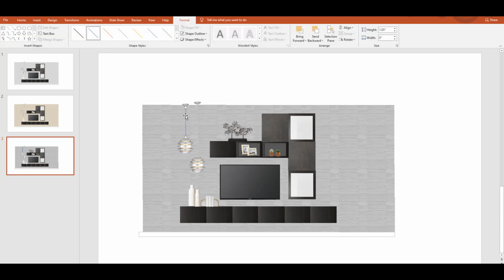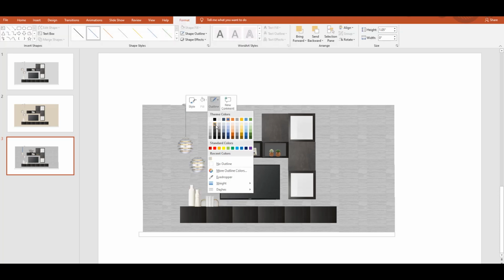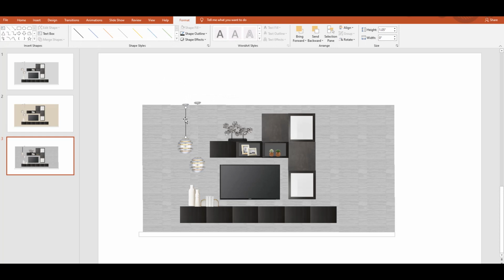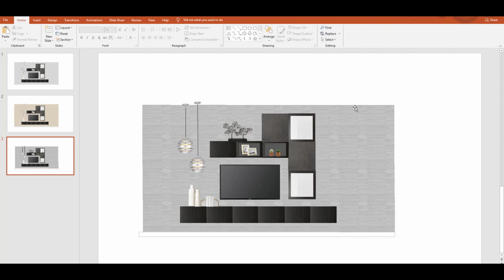Oh, it's still blue. What happened? Outline. Let's go to black. Okay. Now Control C, Control V. Put that there. There. Okay. Now, so now what you might want to do just to look a little more professional,